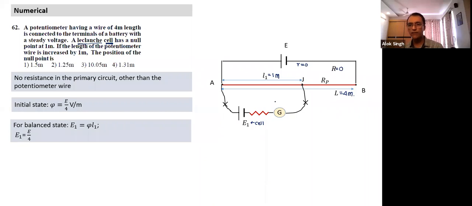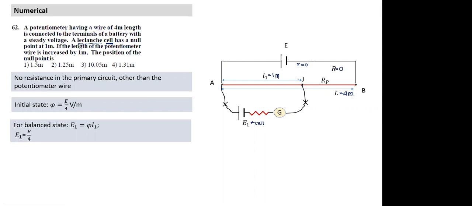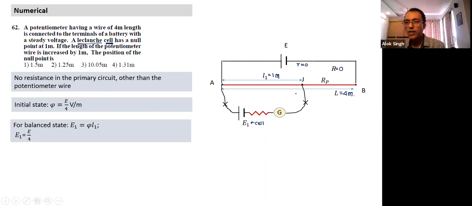What will happen if they are not 0? I think that's what the question is. What will happen in that case? Okay. They didn't mention the EMF of the cell, right? So you just have to assume there is some potential drop across the wire, and that will change when you increase the length. See, if we do not assume this resistance and this resistance to be 0, what will happen when I change this wire to 5 meter? This resistance will change, the potential drop also will change.